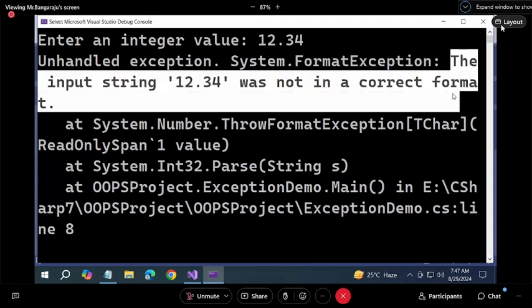And read this: the input string 12.34 was not in a correct format. It is giving an error message describing the error. Yes or not? Same way,